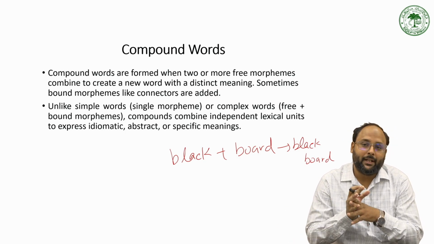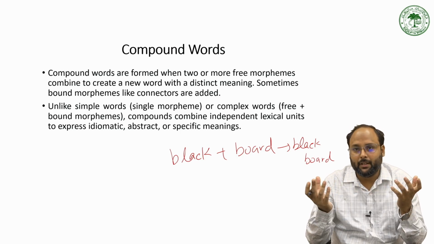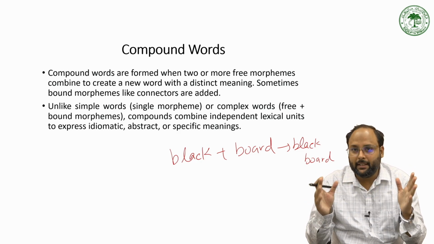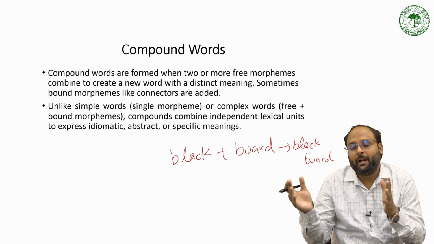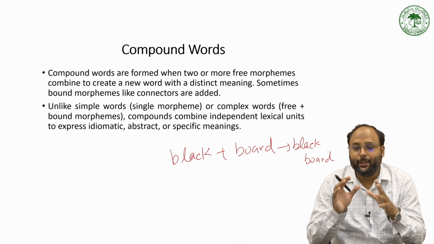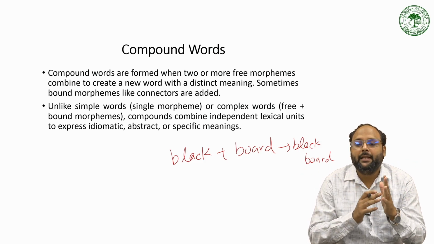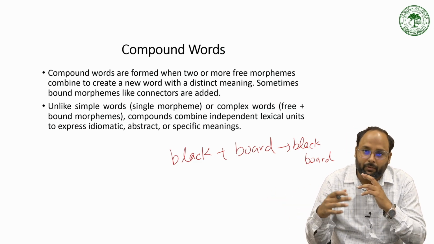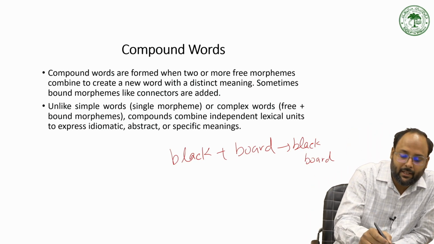As we all know, in simple words we have one free morpheme which gives the meaning of one concept. There is no modification, no suffixation, no prefixation in simple words. But in a complex word, we have one free morpheme, and to that free morpheme we are adding prefixes, suffixes, one suffix, two suffixes, three suffixes. So that is the complex word. And in a compound word, we are just adding two free morphemes together, and they create a new word with a different meaning that does not exist in the previous two morphemes. For example, we have the word white